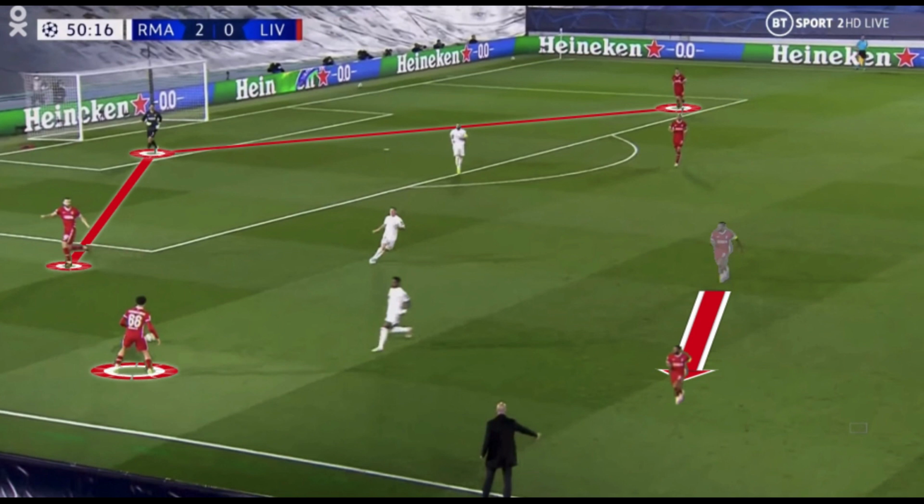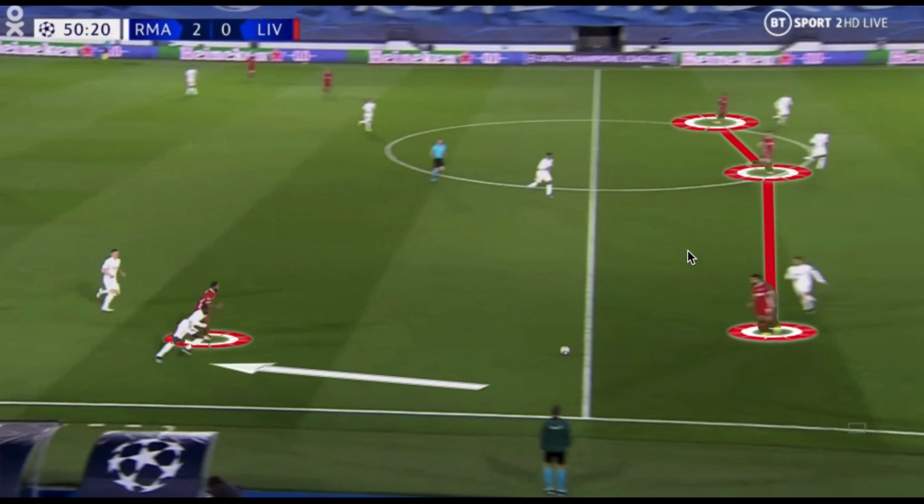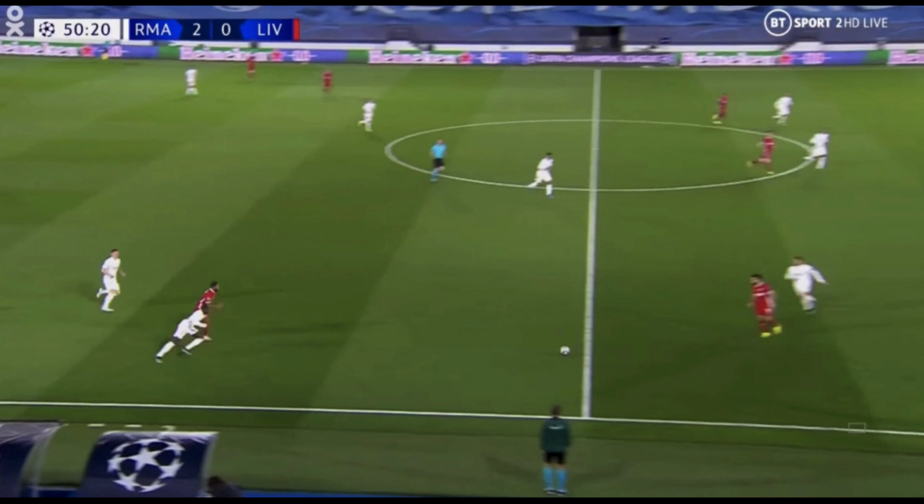Vinicius's cover shadow. So when this happens, the vertical pass is played into Salah, and with Mendy jumping, we have Wijnaldum able to take advantage of the space. Because of Mendy's jumping, we have numerical equality between the Liverpool players and the Real Madrid defenders. So with Mendy jumping, this leaves the Madrid backline a bit exposed, while they still have the cover of their 6 Casemiro to beat as well. But when it enters the final third,